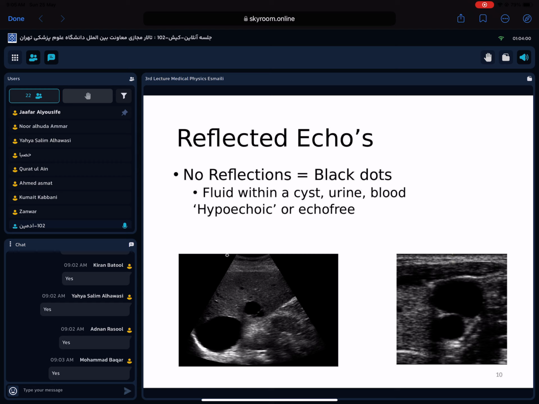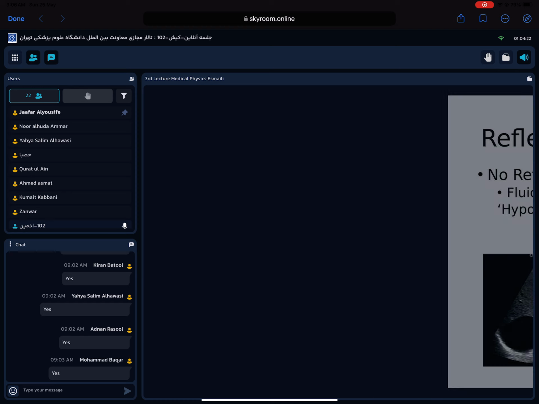And this region is called hypoechoic or echo-free, and sometimes they call it anechoic. Echo-free and hypoechoic are the same, and they show the parts of our body with no reflection or very weak reflection, like blood, urine, and cyst. Okay,